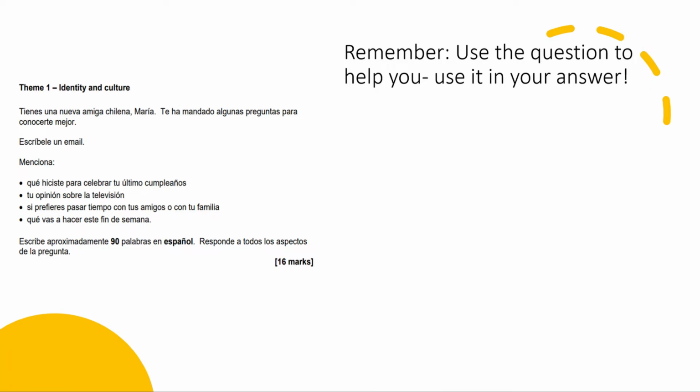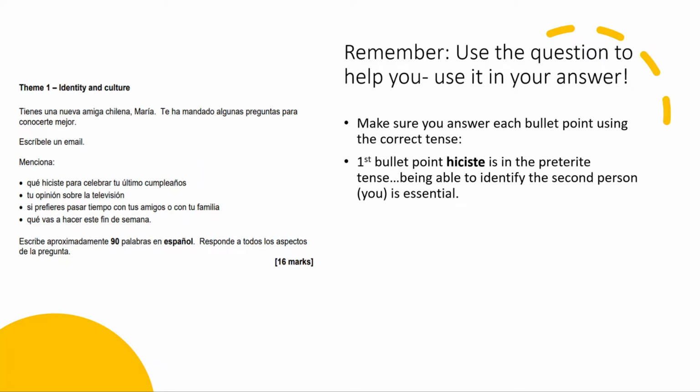Okay, so we're going to look at the first 16-mark question for the writing exam. Use the question to help you. Use it in your answer. For example, here in the first bullet point, we've got ¿qué hiciste para celebrar tu cumpleaños? Hiciste is in the preterite tense. What's essential here is to be able to identify the second person and then change it. Obviously, in this case, you don't need to use hice, but you could use the first person of I